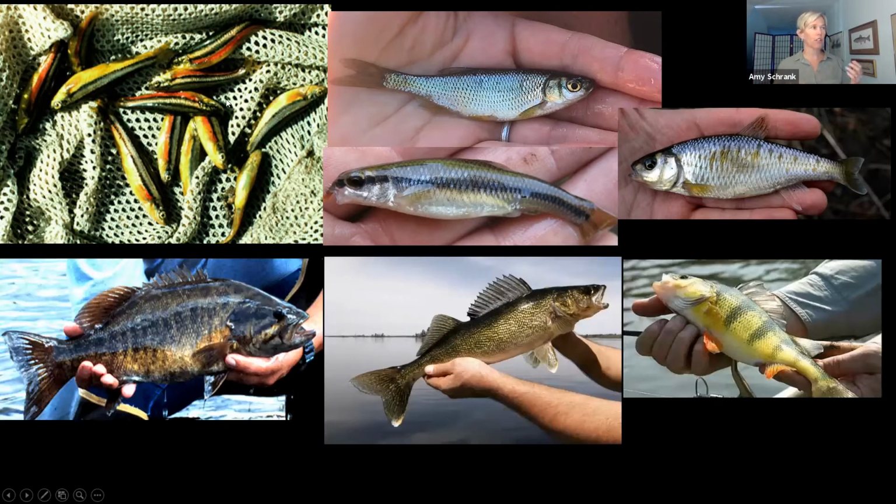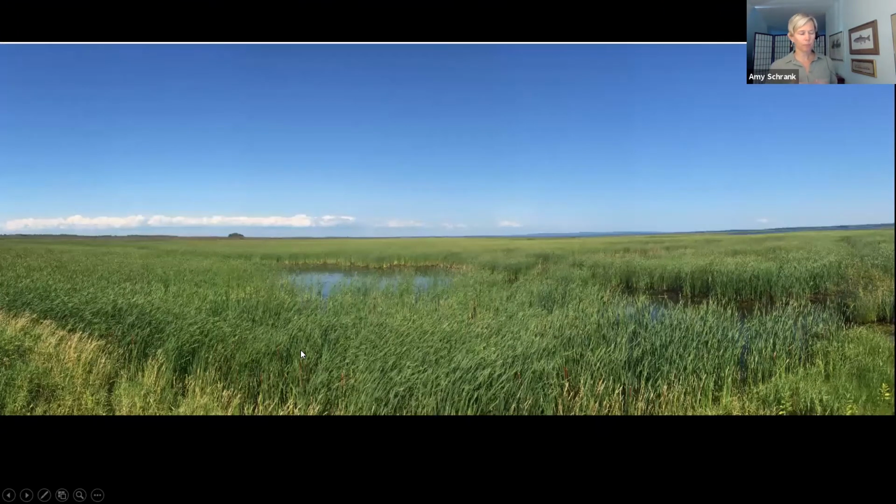So these nearshore vegetated regions are really important for minnow species. And that's the largest component of the forage base for things like smallmouth bass, walleye, of course, that everyone cares about, and yellow perch as well. So important from a fish perspective. So what's happening in many of these nearshore zones is they're becoming dominated by an invasive hybrid cattail. So this is sort of an extreme example of what this looks like. You end up with these really, really dense stands of cattail that exclude all this other variety of native plant life that's there in these nearshore zones.